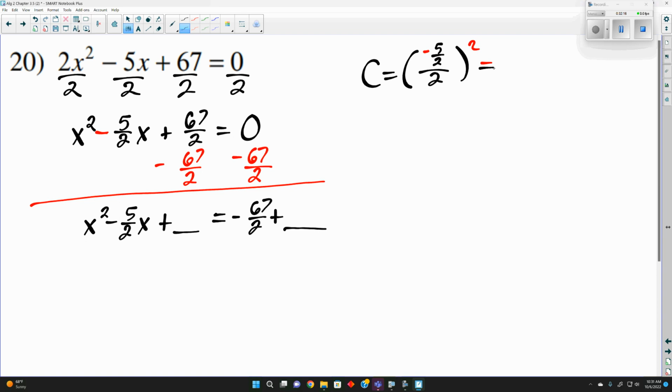In the calculator, I can still do -5/2 divided by 2, which will tell us that it's -5/4, squared, which means inside the parentheses here, we're going to have x minus 5/4 squared. Well, once I get this, I can square it. The negative is going to go away. 5 squared is 25. 4 squared is 16. So we have 25